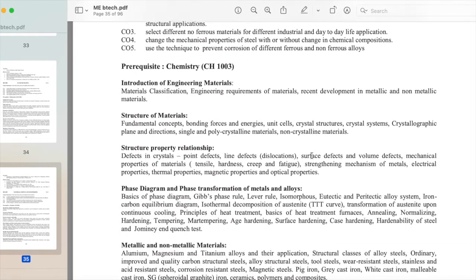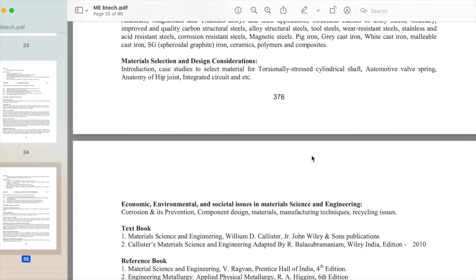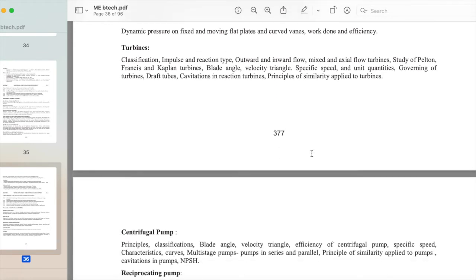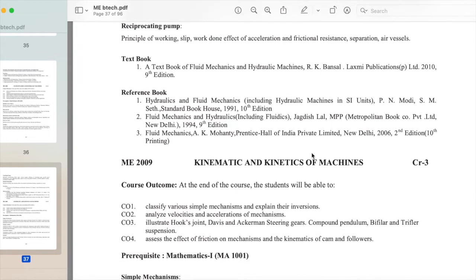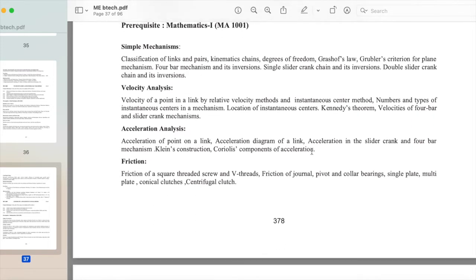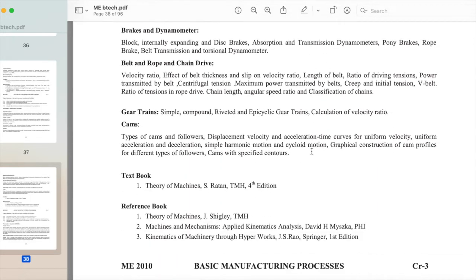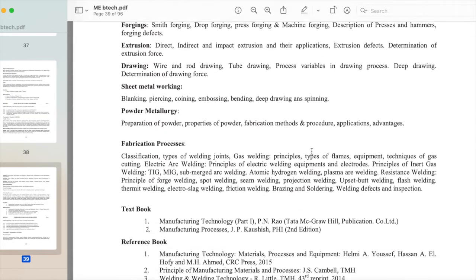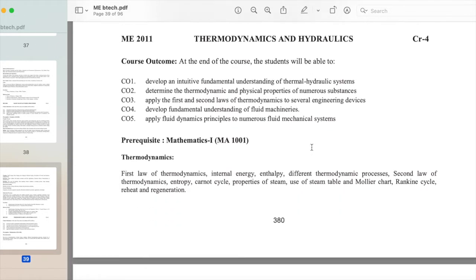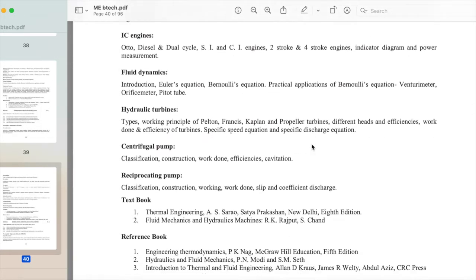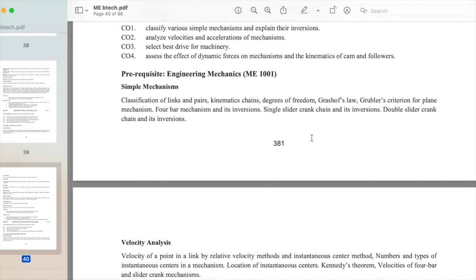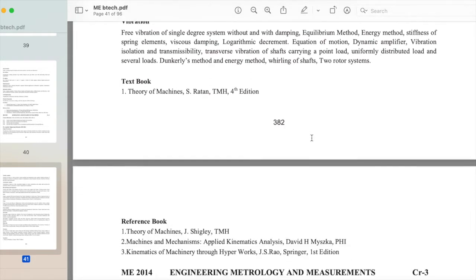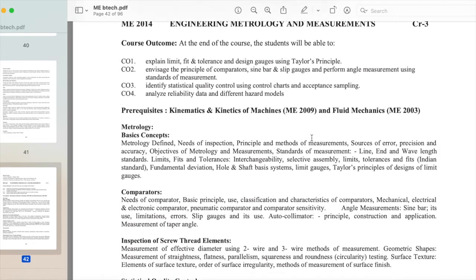Machine dynamics, fluid mechanics, material science and engineering, fluid dynamics and hydraulic machines, kinematics and kinetics of machines, basic manufacturing processes, thermodynamics and hydraulics, kinematics and dynamics of machines, manufacturing technology, thermodynamics and fluid mechanics, mechanics of solids, solid mechanics and machine design, internal combustion engines and gas turbines, fundamentals of machine design, heat transfer, design of machine elements, refrigeration and air conditioning, manufacturing processes and design, advanced manufacturing processes, principles of turbomachines, mechanical vibration and noise engineering, mechatronics, supply